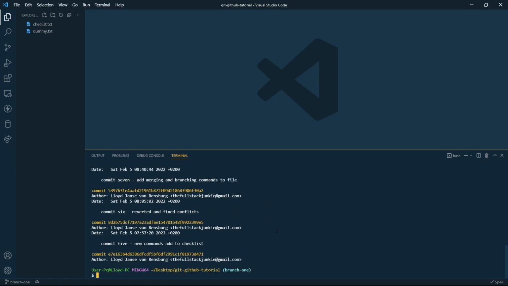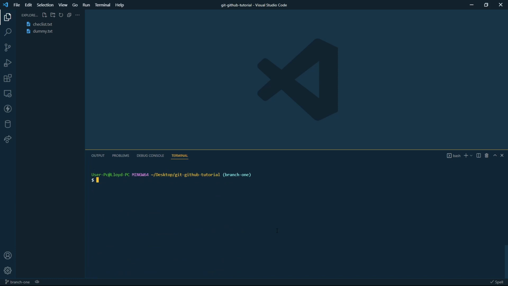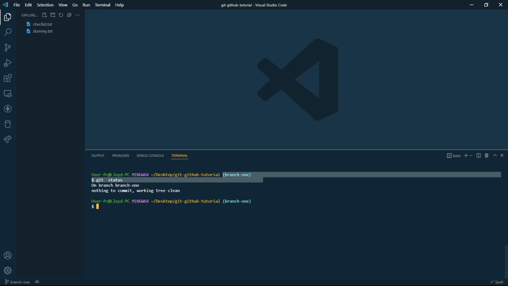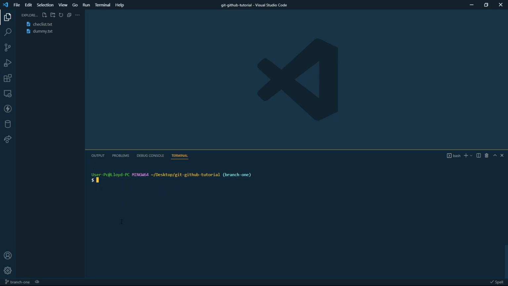So I'm just going to quit that. The next thing I want to do is check the status. So git status, we can see on branch, now we have a different branch here. We're on branch 1, and we can see it everywhere, even in Visual Studio. And there's nothing new here. So this is very cool. Now we are completely separate from the master branch, and we can continue working on this branch without affecting the